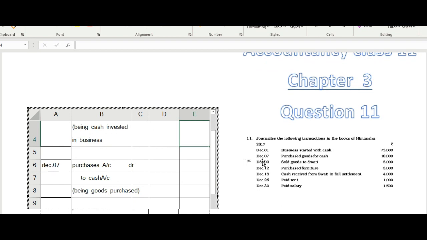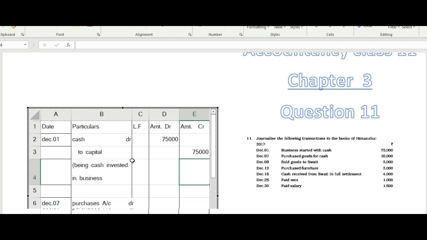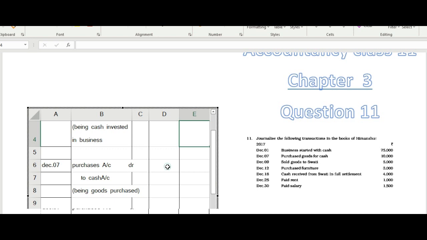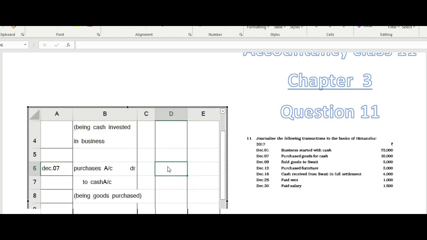Purchase goods for cash. So next transaction, 7 December, purchase is the asset because purchase is the category of stock and stock is the asset. That's why the purchase is asset, and increase in asset goes to debit side, and decrease in cash goes to credit side. Then plot the amount 10,000,